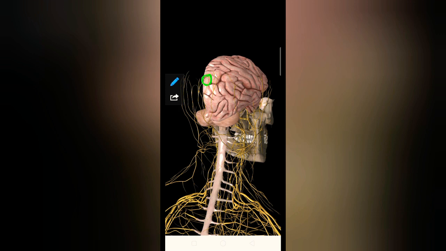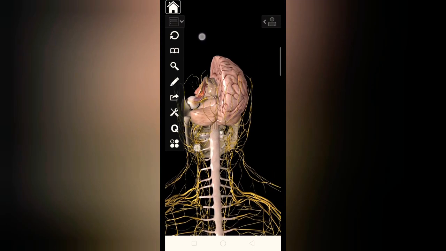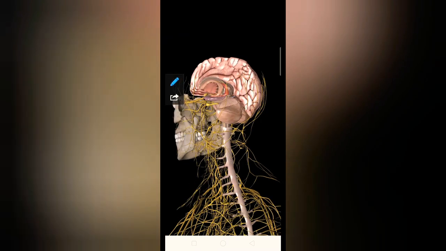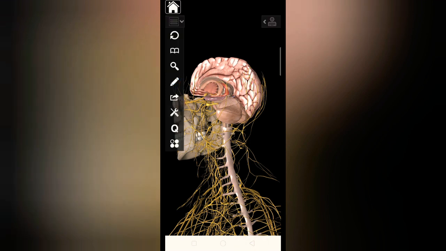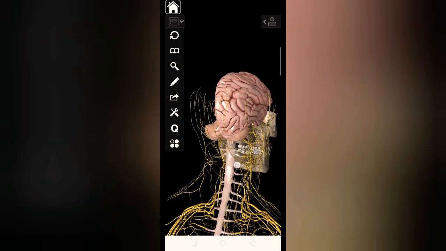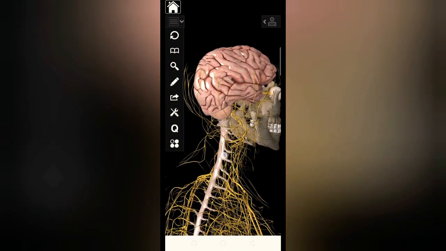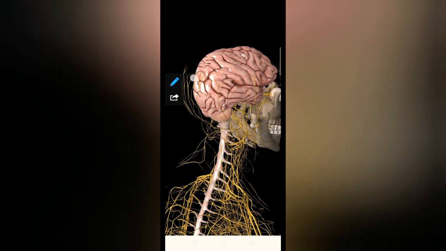If we are looking for the parieto-occipital sulcus, we can visualize it much better on the medial side. If we look at the medial side, this is the pre-occipital notch and this is the parieto-occipital sulcus. We can find it more clearly on the medial surface, but on the lateral surface it is hazy, not perfect. Not the parieto-occipital sulcus, this is the pre-occipital notch.